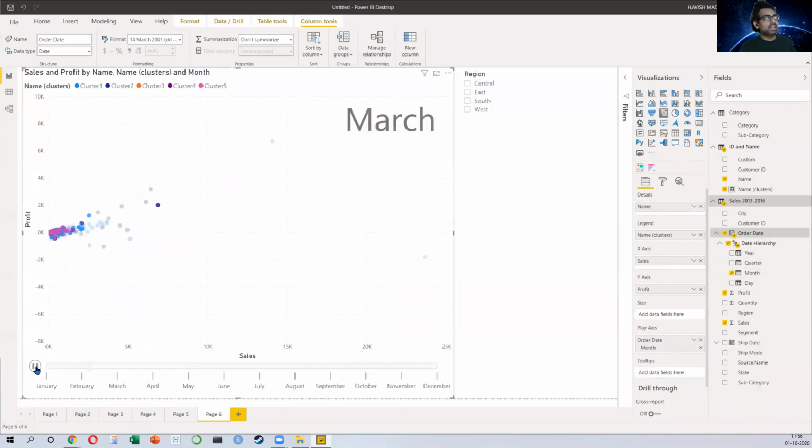So I can see basically over every month, how my customer clusters are shifting. It's a cluster chart. It's called the scatter chart. And what you're doing is you're creating a cluster on top of it.